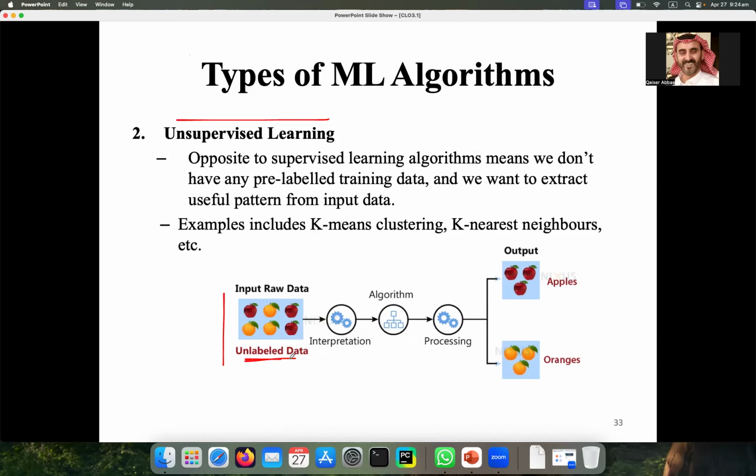When you are giving unlabeled data for the training of your model, we are giving the data, but we are not providing the names that this is orange, banana, or whatever. So here we are giving raw data without labels.